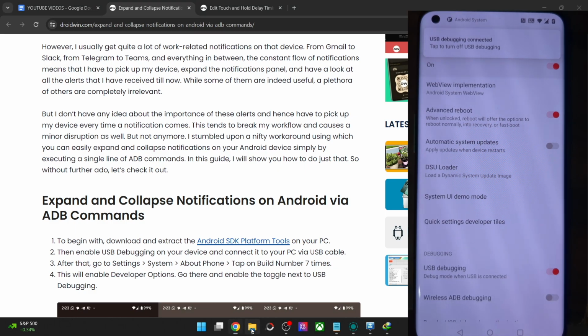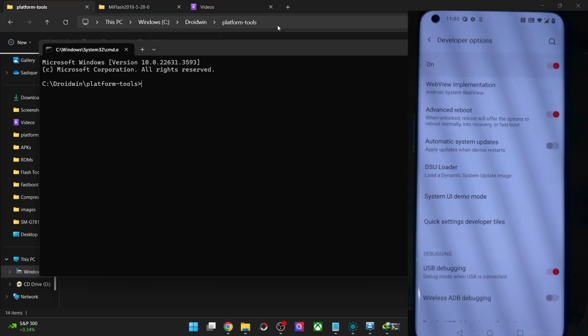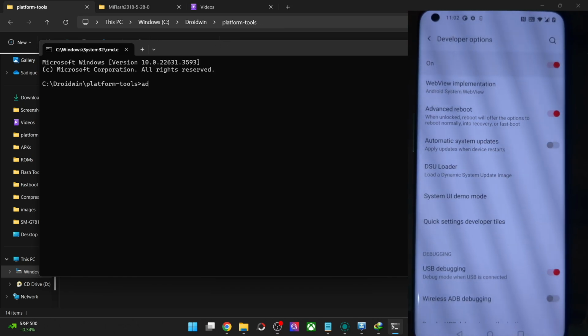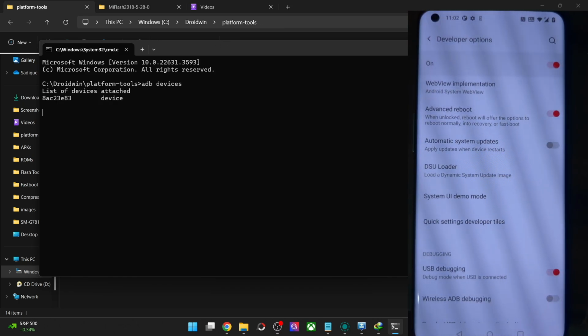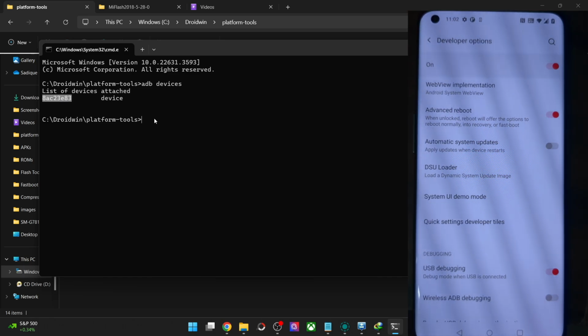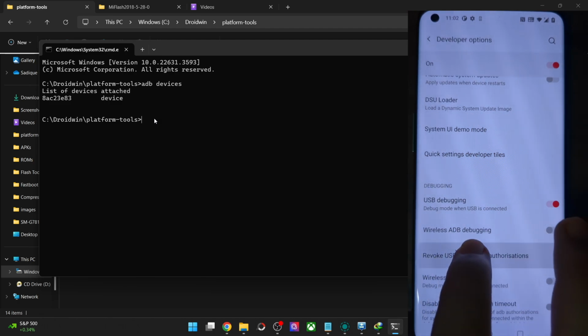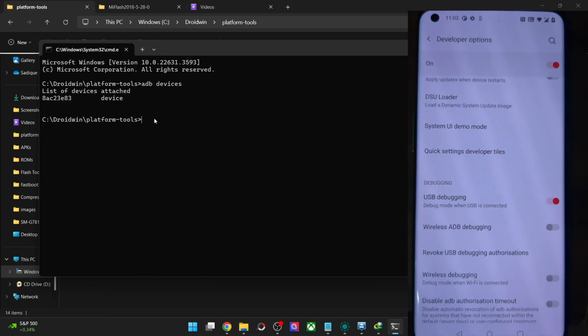Let's verify the same. So go to platform tools folder address bar, type in CMD and hit enter. This will launch command prompt inside platform tools. Now type in ADB devices and hit enter. And make sure that you're getting an ID. If you're not getting any ID, then unplug and replug your phone from the PC. Disable and re-enable USB debugging. Tap on revoke USB debugging. Use the official USB cable that came with your phone and use the USB 2.0 port on your PC. So carry out these USB tweaks and make sure that you're getting an ID.